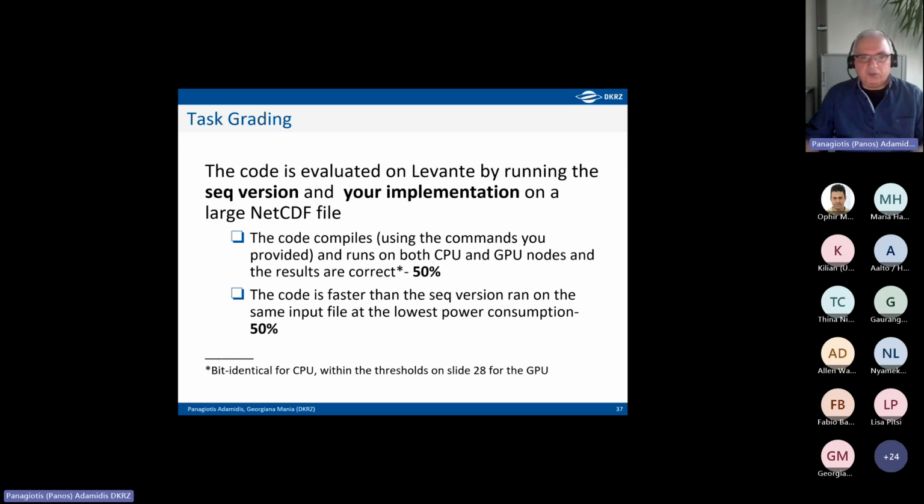And for the grading, 50% will be given for compiling the code using the commands and flags you provide us, and for a code that runs on both CPU and GPU and gives us correct results. And then the other 50%